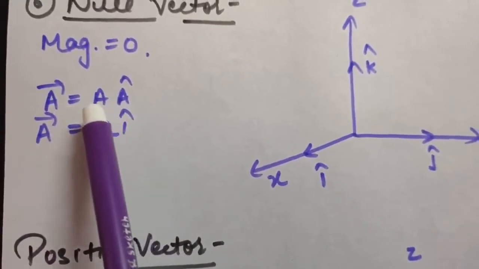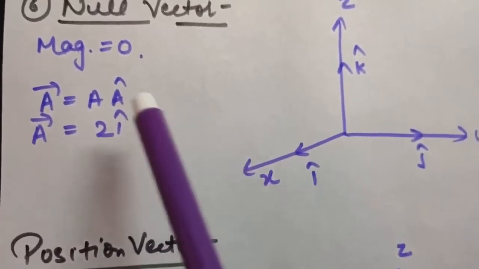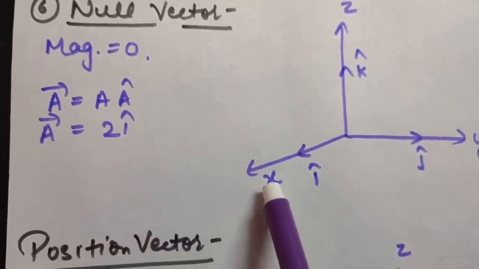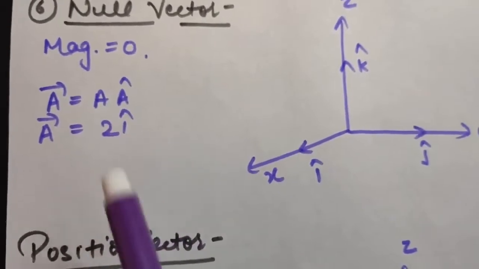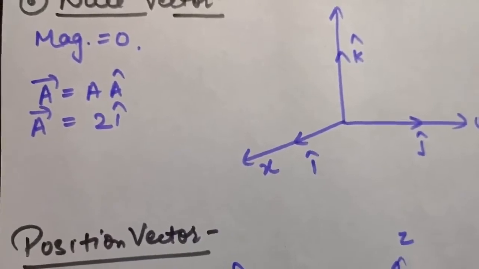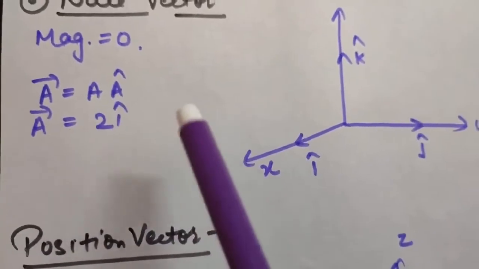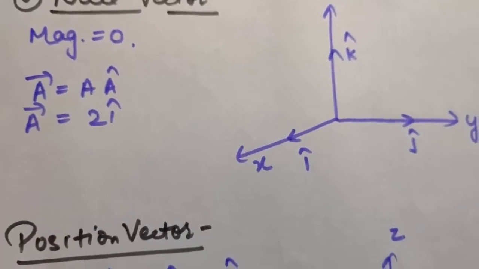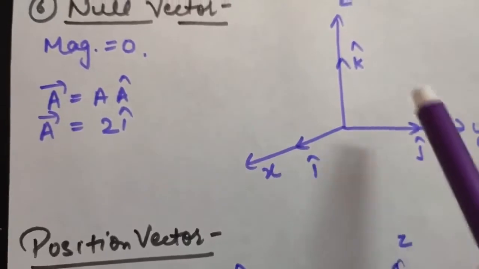So if I am saying its magnitude is 2, so magnitude of A is 2 and it is lying in x direction, and as you know unit vectors give you direction and i cap is the unit vector for x axis, so we will use i cap here. So any vector can be written in this form. Suppose I am saying that the vector is lying in i cap and j cap also, that is, if it is lying in xy plane. So here we will use 2i cap plus 2j cap because now it is lying in y axis also. So these are the unit vectors used in particular axes: i cap, j cap and k cap.